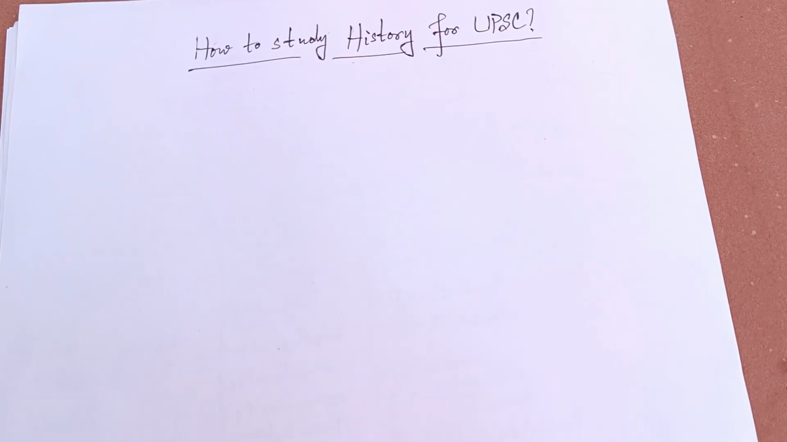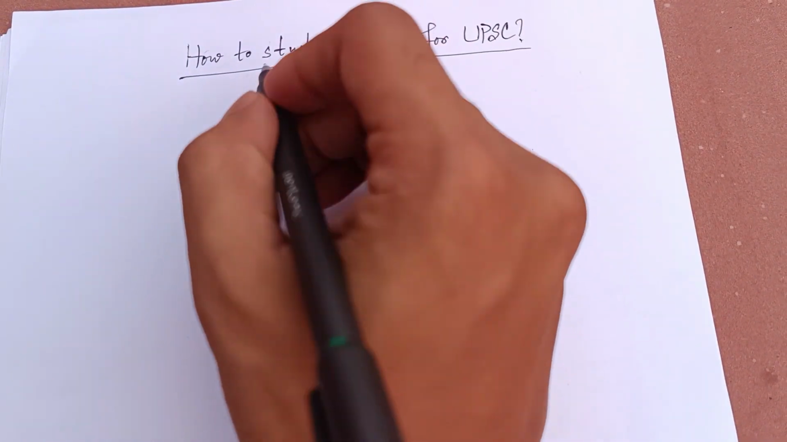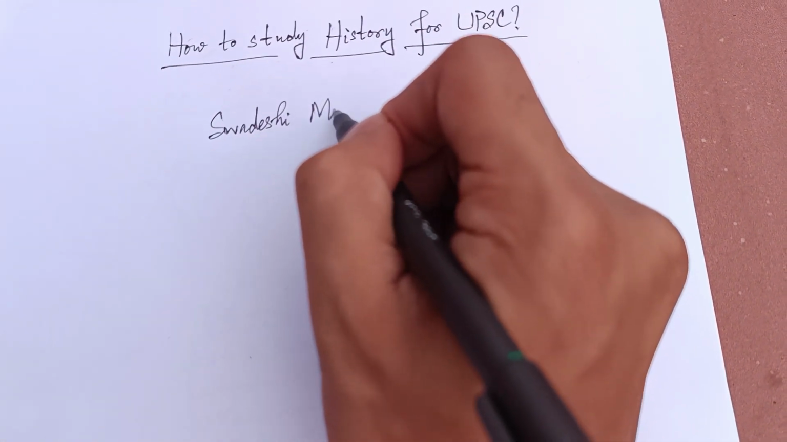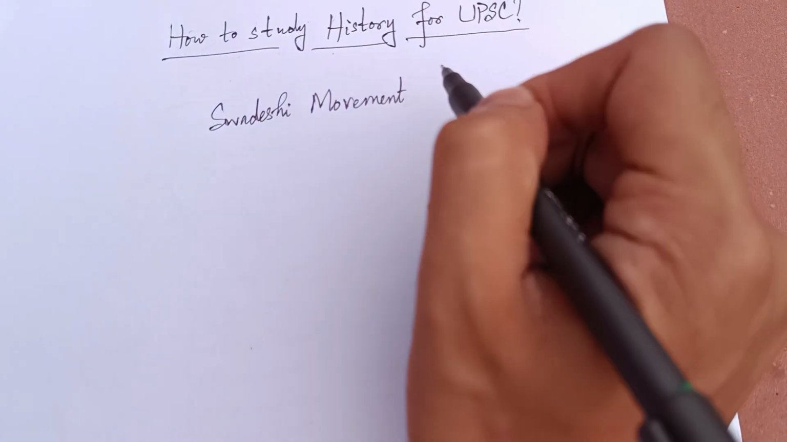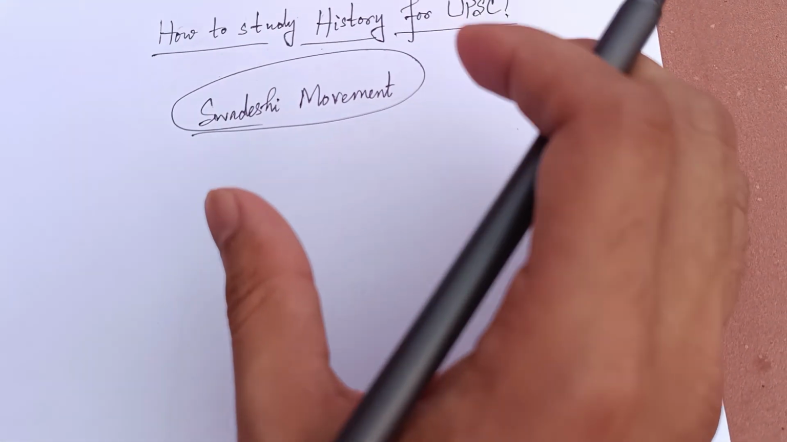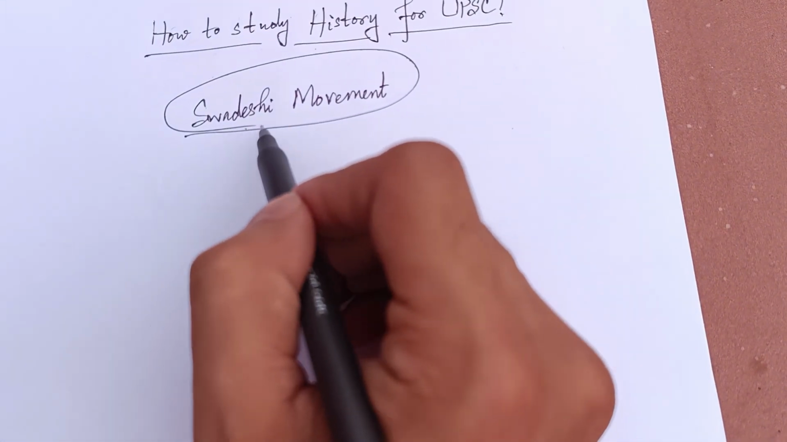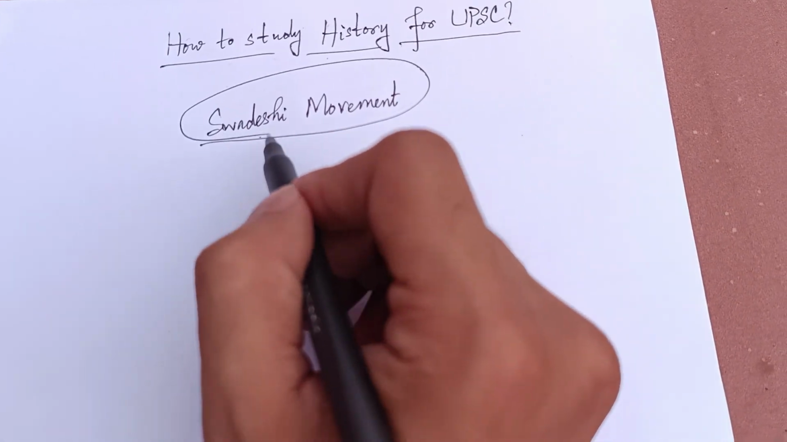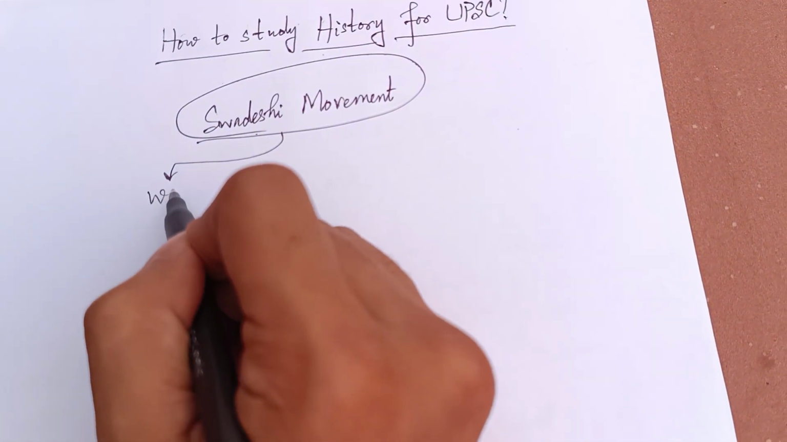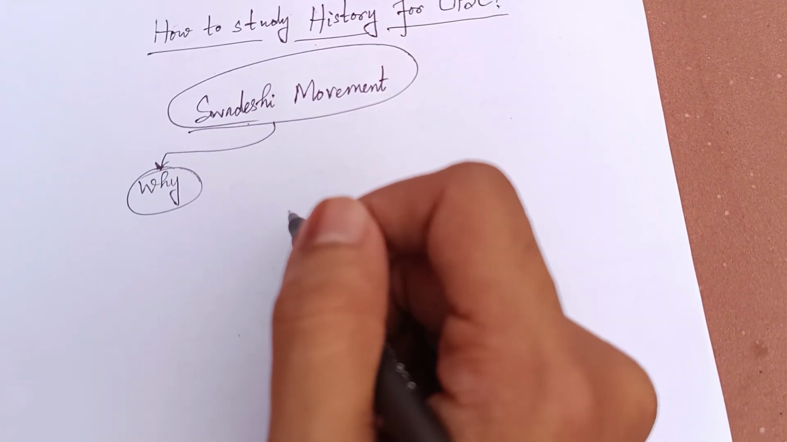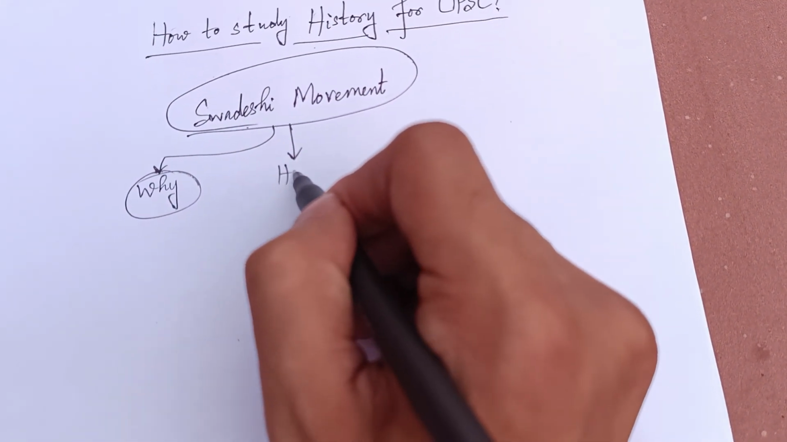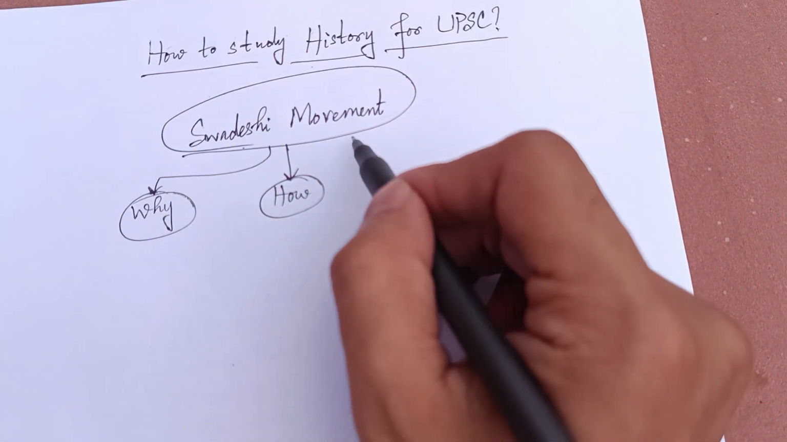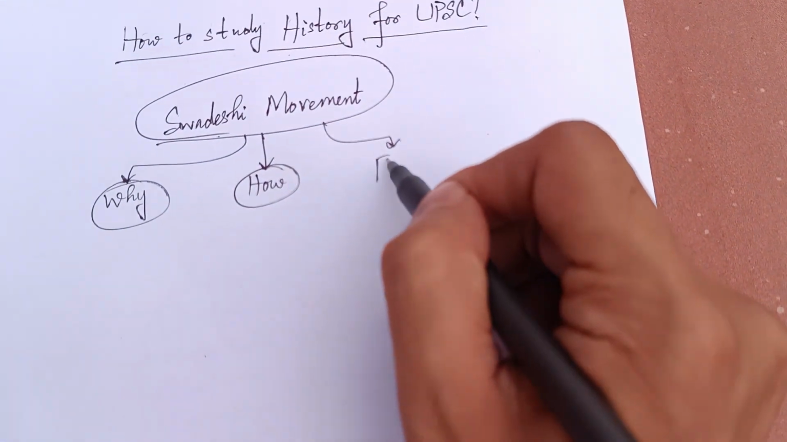Let us take a topic. Suppose I am studying the Swadeshi movement. History has to be studied analytically for UPSC. We need to go through three stages to study any topic in history. First of all, we need to know the why, the reasons. Second, we need to know the how, the steps through which the movement took place, and then a few details